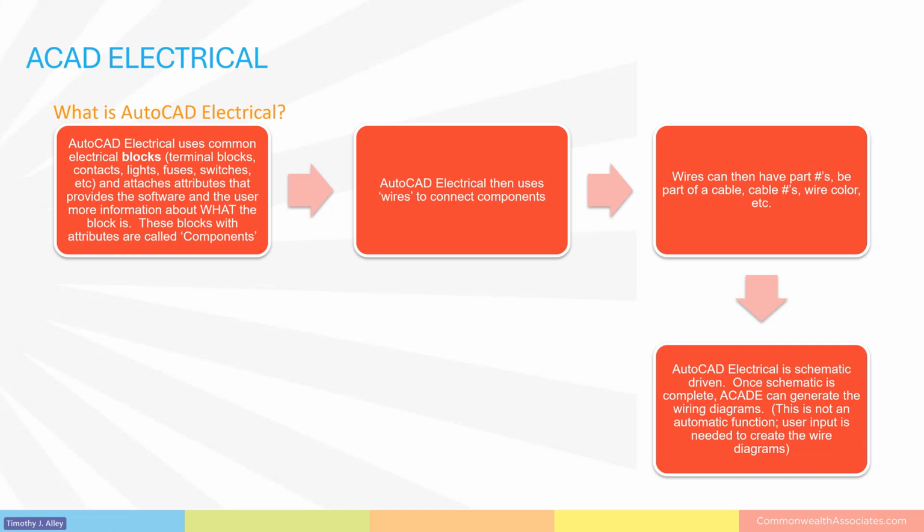So to solve this, AutoCAD made AutoCAD Electric, and the way they handled that problem was to make blocks. Blocks are just a collection of lines and circles and shapes that are bound together as a block. A block's been in AutoCAD since the beginning. And the key thing they did to a block is they added attributes to them. An attribute is simply a piece of text that has a name and a value. And that is where all of the data, the metadata, is stored